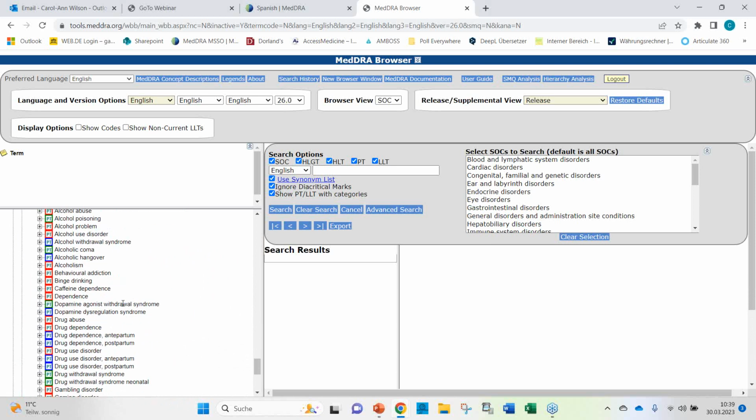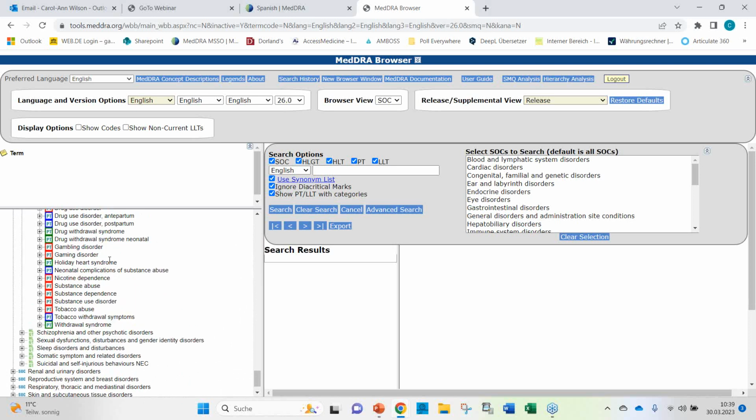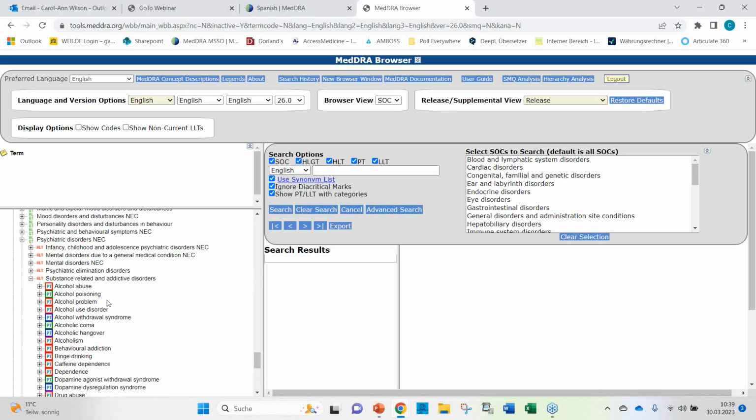And under this HLT, you find the dependence terms, the very specific dependence terms: drug abuse, drug dependence, antepartum, postpartum, etc., substance use disorders, tobacco abuse, etc. So this is the hierarchy of the terms. And if you're not familiar with the hierarchy and also the specifics of the PTs that you can find in the different HLTs, make yourself familiar with the different terms in order to use them specifically and consistently.